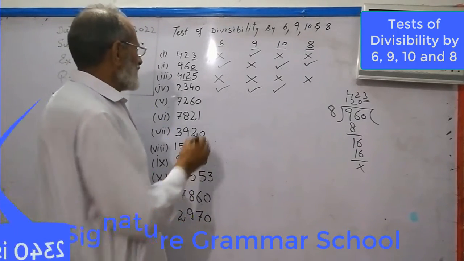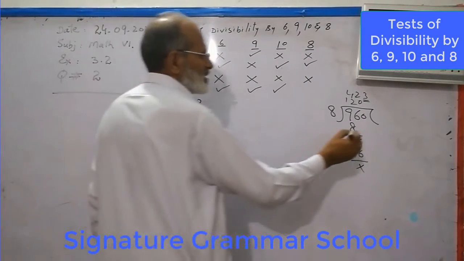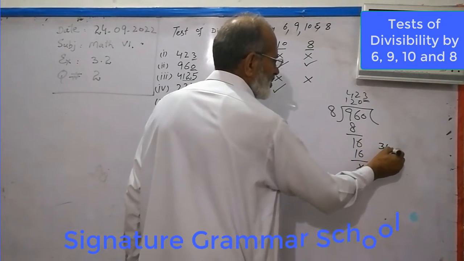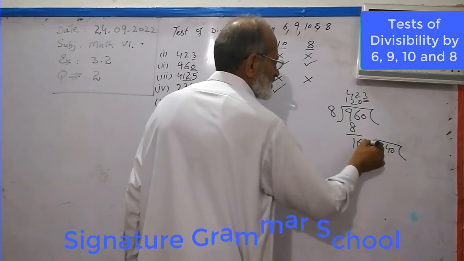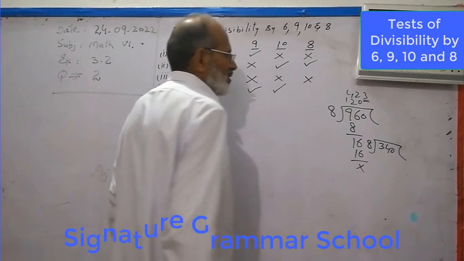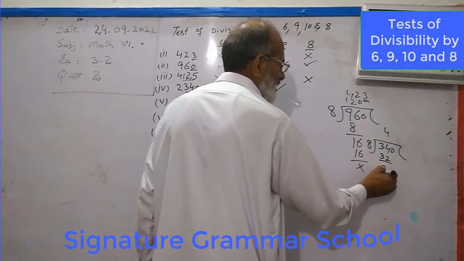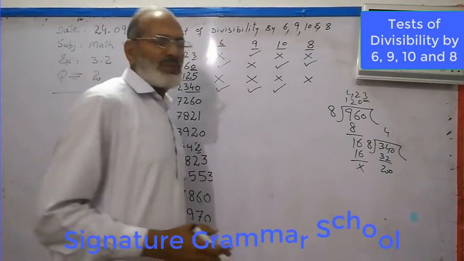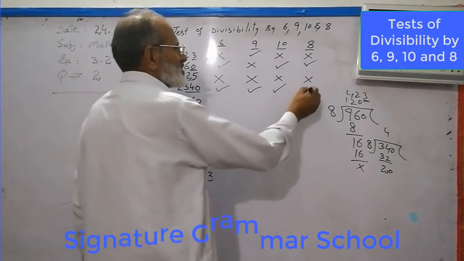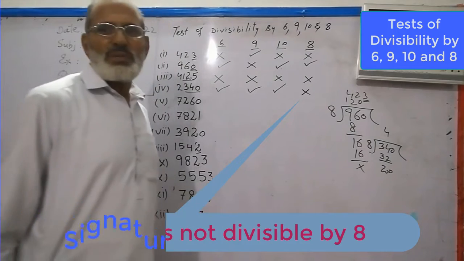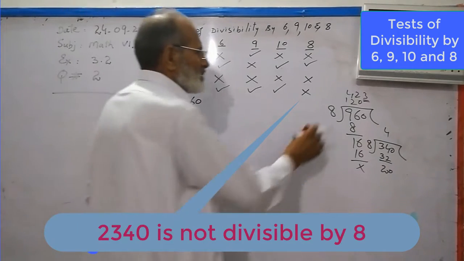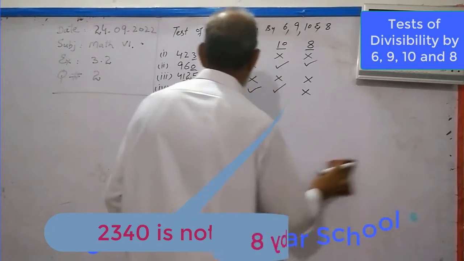And for 8, I am taking these 3, that is 3, 4, 0, and I am trying to divide by 8. Now 8 twos are 16, and here comes 20. 20 doesn't come in the table of 8, therefore this value is not divisible by 8. Now coming to the next one. In the next one, we have been given